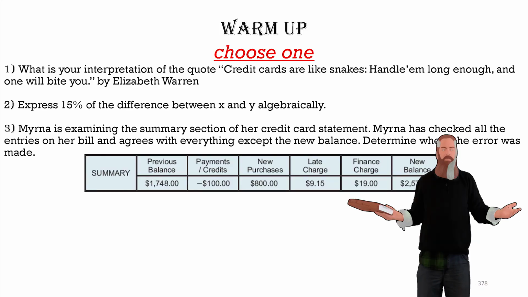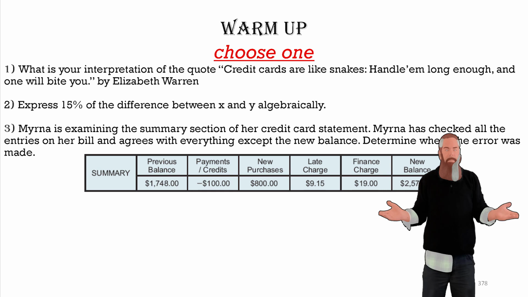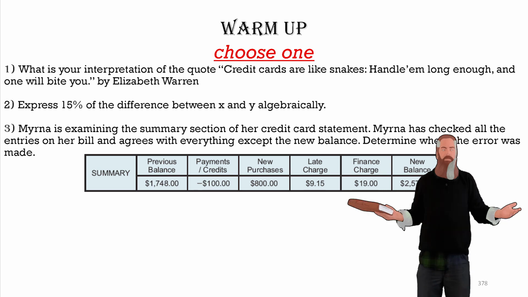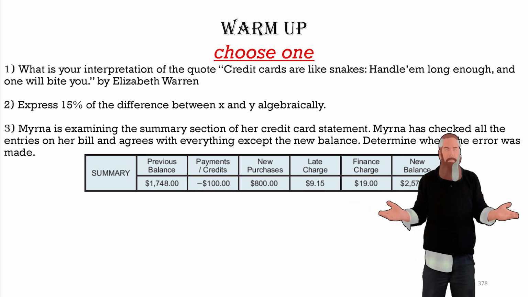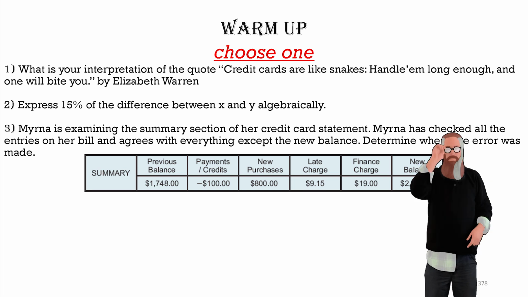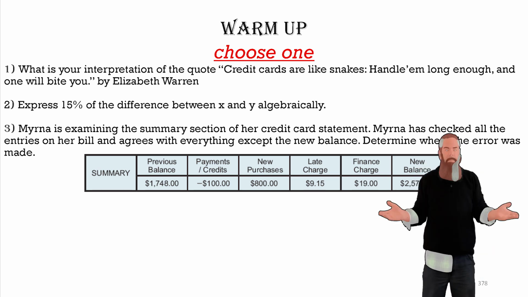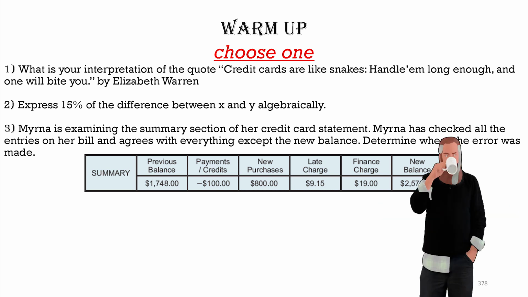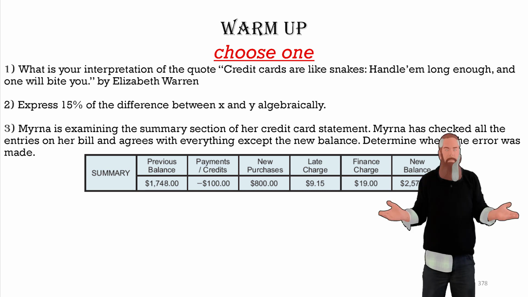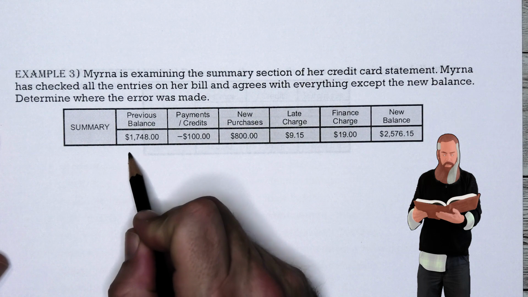Now, let's take a look at a problem that you will be able to do by the end of this lesson. Myrna is examining the summary section of her credit card statement. Myrna has checked all the entries on her bill and agrees with everything except the new balance. Determine where the error was made. The previous balance being